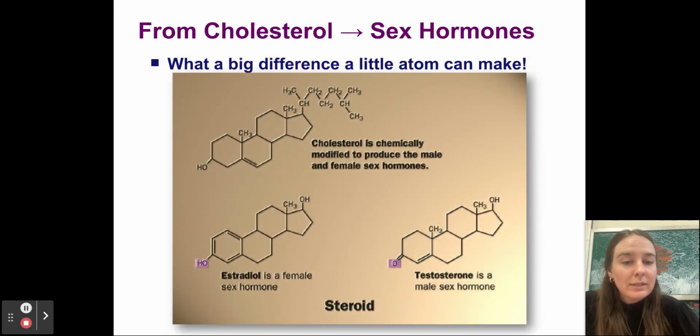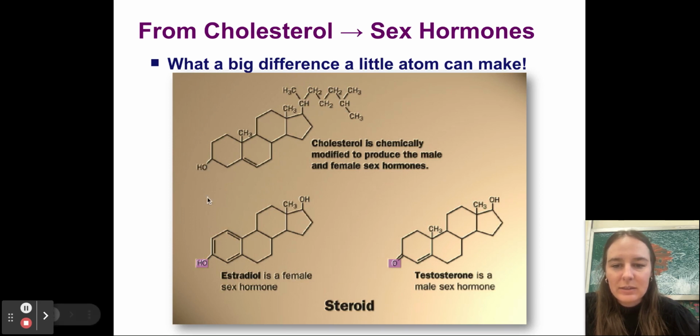Now, cholesterol is the basic building block of sex hormones. So we all have cholesterol in our bodies, but what happens is this functional group will be modified. So if this functional group changes to an OH group, we call it estradiol, and that's a female sex hormone. This functional group will be replaced with OH here, but notice down here, the OH group stays,